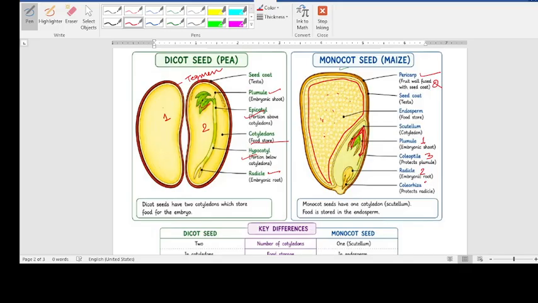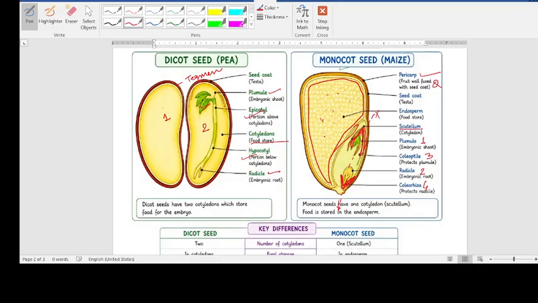And when we talk about coleorhiza, rhiza means root. So the root is again protected by another structure. You can draw it in this way also. So this is called the coleorhiza, protecting the root. Now where is the embryonal axis of this? If you want to draw the embryonal axis, this is the embryonal axis of the maize grain. Now, if you talk about the scutellum, that is a rudimentary structure over here, which is called